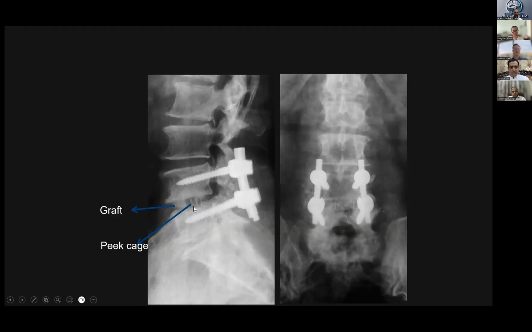This is a typical case with a PEEK cage and graft. So then I use a sandwich type of TLIF application. First place some grafts ventrally, then the cage. Then on the back part of the cage, I place grafts again. So it's not enough to place the grafts only inside the cage. You must also place grafts in front of the cage and on the back of the cage.